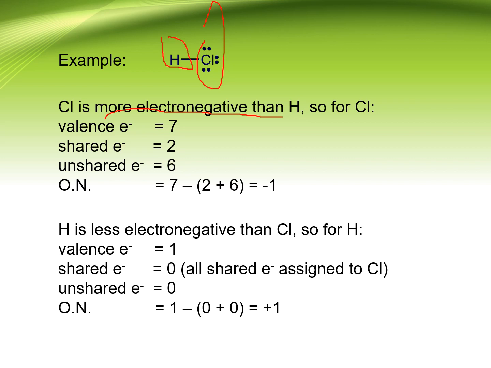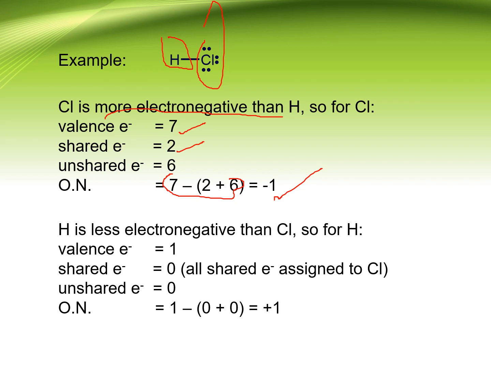So to calculate the oxidation number of chlorine, you must know the valence electrons and calculate the shared electrons. Since chlorine is more negative, all the shared electrons are assigned to chlorine, and the total number of unshared electrons is 6, 2, 4 and 6. So the difference between the valence and the shared and unshared, you will get the oxidation number of chlorine, negative